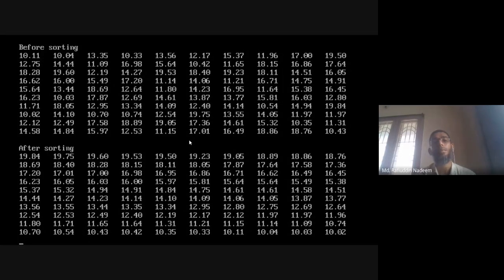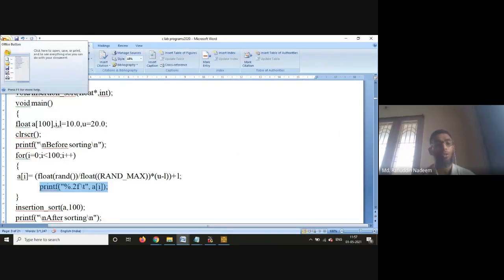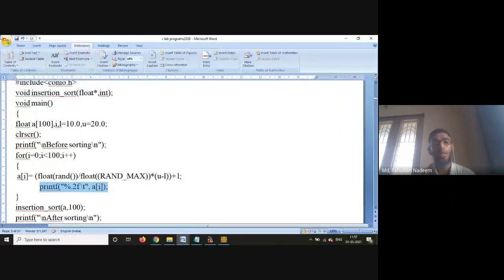Once the values are generated, we display them before sorting, and after that I'm using the insertion sort. I have passed the array and the maximum, the 100 value, to the insertion sort function.